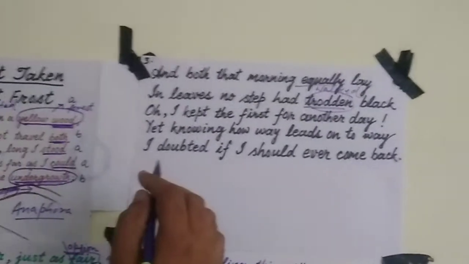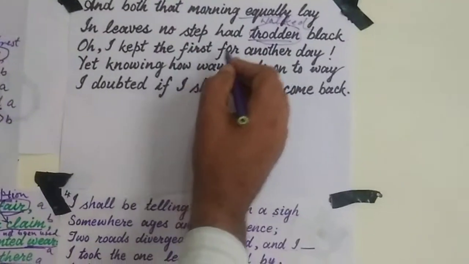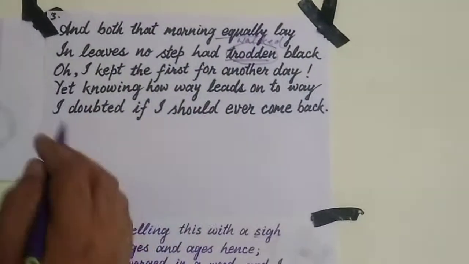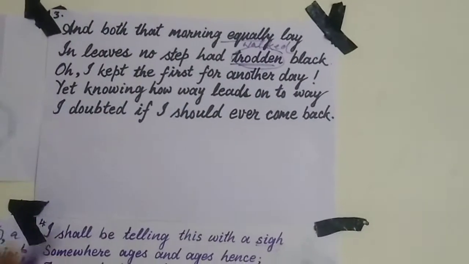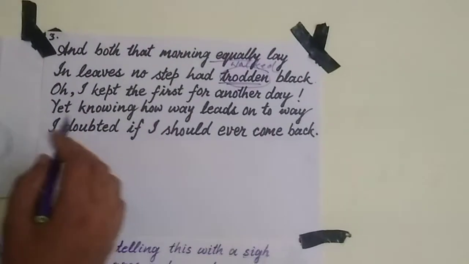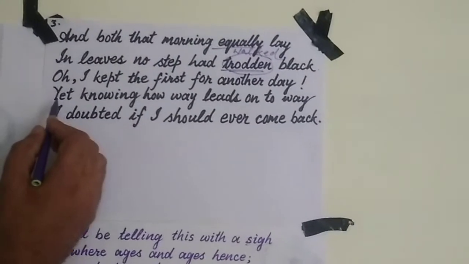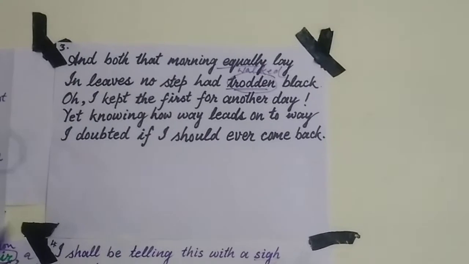और इसलिए फिर पोएट सोचता है, oh I kept the first for another day. और पोएट सोचता है, ठीक है, आज मैं इस रास्ते पे चलता हूं और दूसरे रास्ते को मैं किसी दूसरे दिन के लिए छोड़ देता हूं. लेकिन ऐसा क्या होता है कभी? ये बात भी पोएट जानता है, समझता है, yet knowing how way leads to way. क्योंकि इस बात को पोएट अच्छी तरह